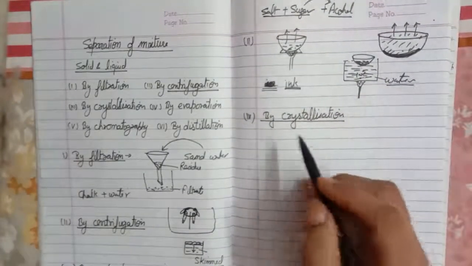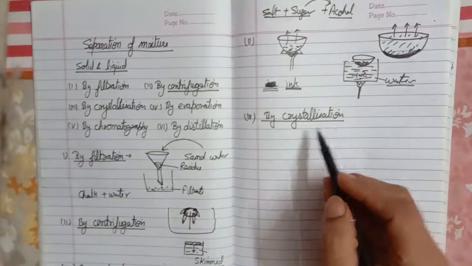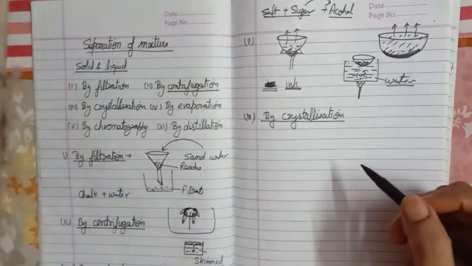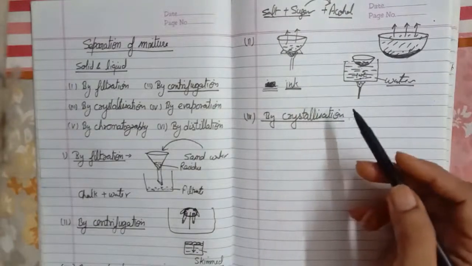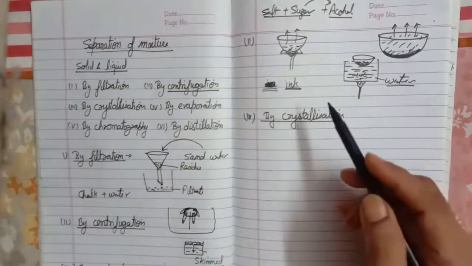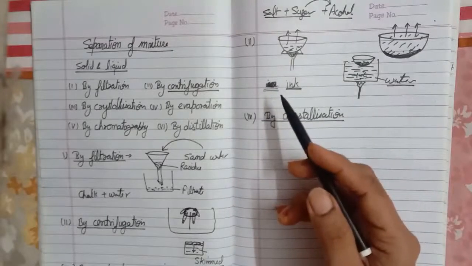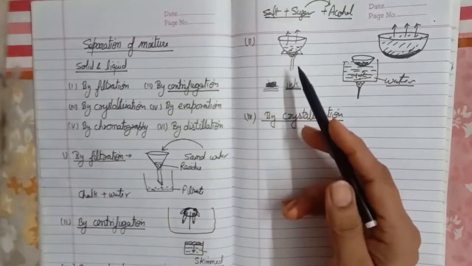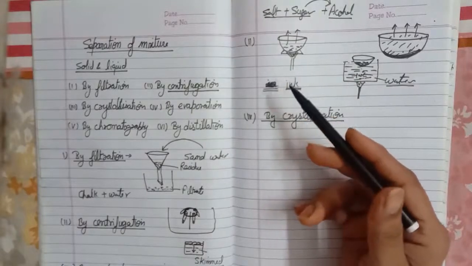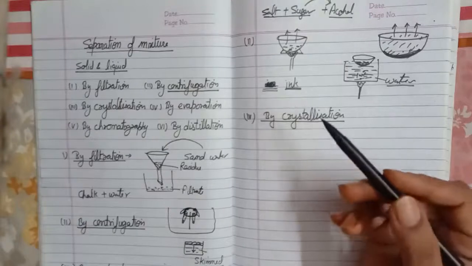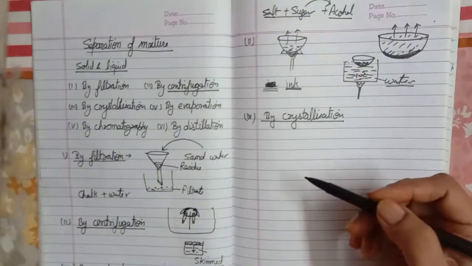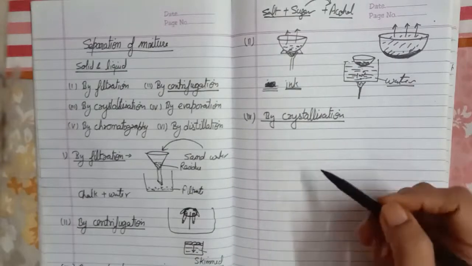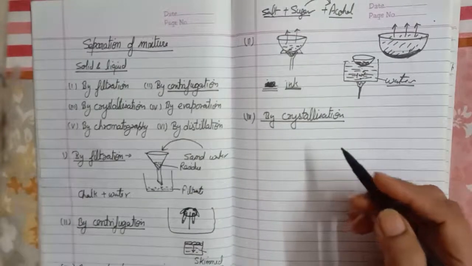So okay, now I'm going to explain the method of crystallization. In this method, we get the solid particles in a pure form. Suppose we want to separate sugar from water. In the method of evaporation, we can get the sugar, but sugar can be decomposed directly by heat, and the sugar obtained may have some impurities in it. So in this method of crystallization, we can recover the sugar in a pure form.